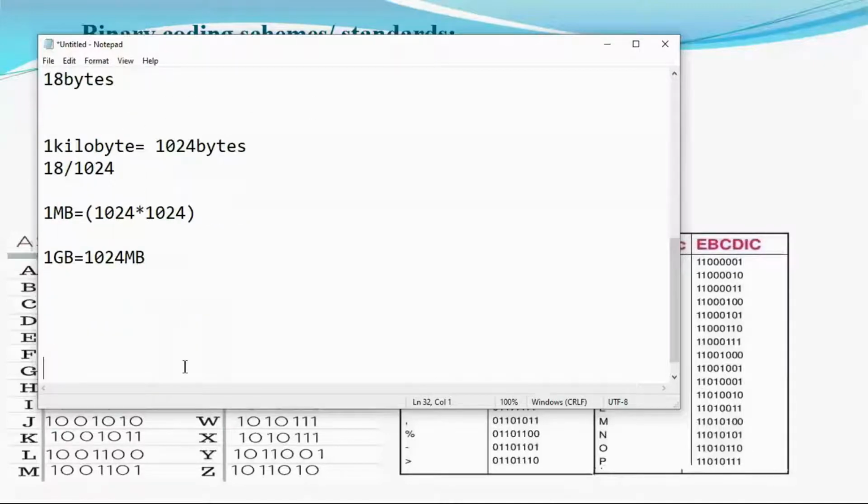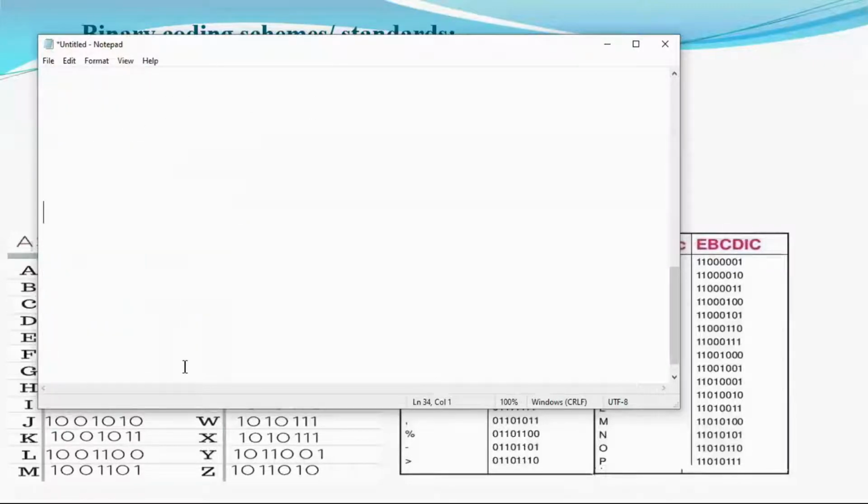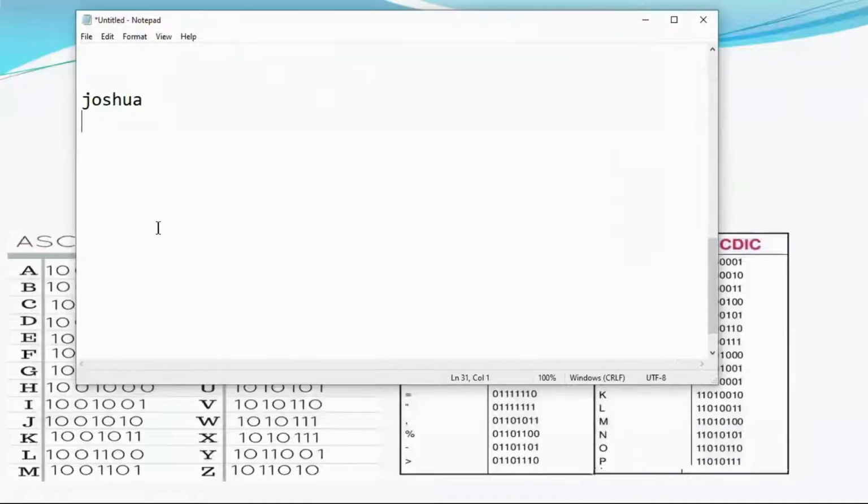Okay. Now, we have typed the name Joshua. The computer is not understanding it in this way. Assuming my computer uses the ASCII code to convert this Joshua to the language the computer can understand, I am going to do that by